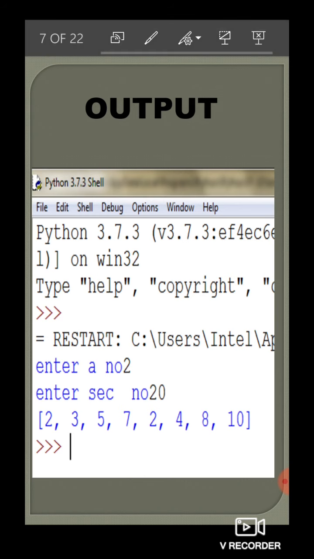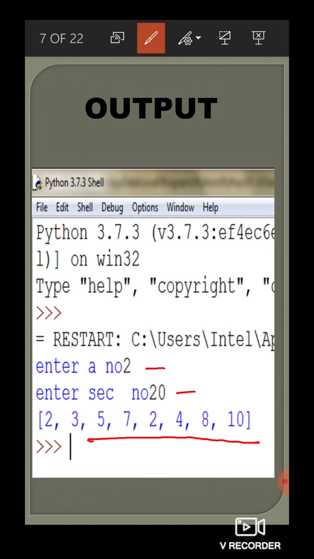So, let us see now the output of this program. See, I have taken input of the upper limit and lower limit, which are 2 and 20, and then what is my program doing? It is printing all the sums of digits of the prime numbers that were present between 2 and 20. So, you can just calculate and check whether the output is right or not.